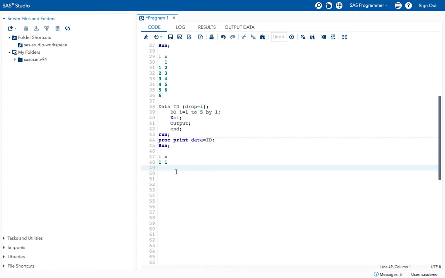Okay, so i equal to 2. It is incremented by 1, right? So the second iteration is i equal to 2, and x equal to what? 2 only, because whatever the i value is here, we get the same as the x value. And 3 and 3. Okay, 4 and 4, 5 and 5. Okay, and what happens when it comes to the sixth iteration?